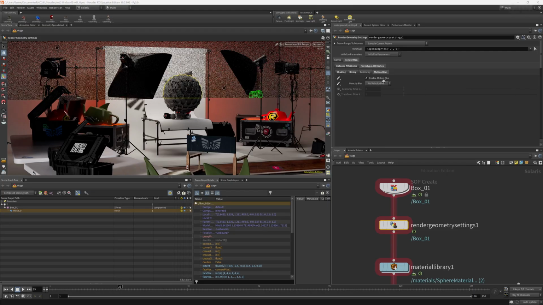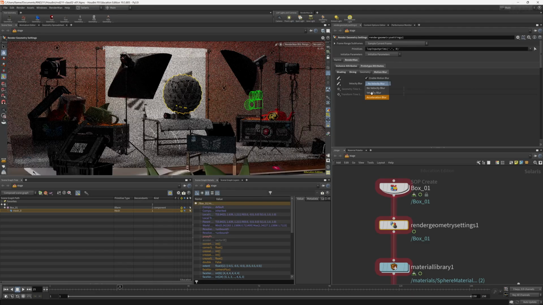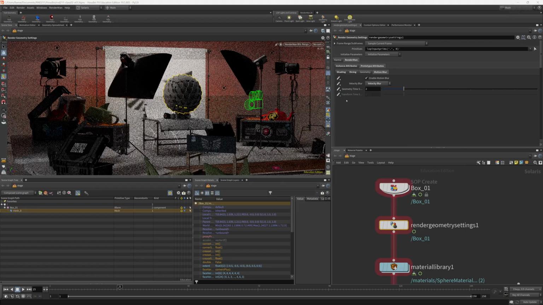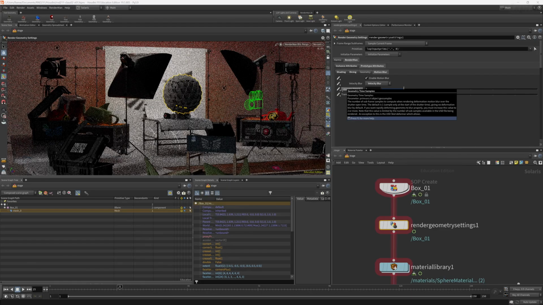Now inside here, we've also got velocity blur and no velocity blur on our settings here. And we've also got acceleration blur. So that gives you the different options for being able to set that as well. So if we go down to here and we set this to velocity blur, you'll be able to see that it changes the controls for the object. Now, the other helpful settings in here are the geometry time samples, where you're able to sample it as it's moving through space based on the different subframes. And then you've got the